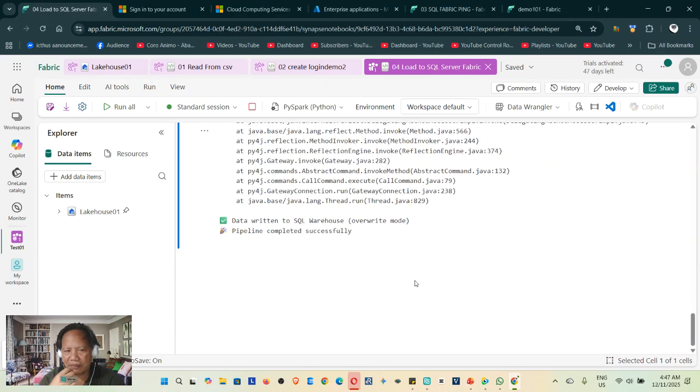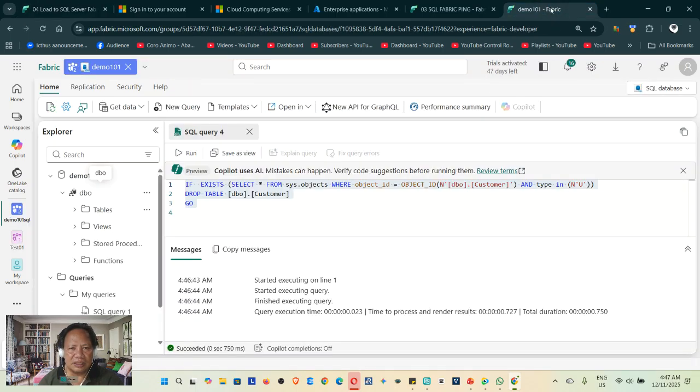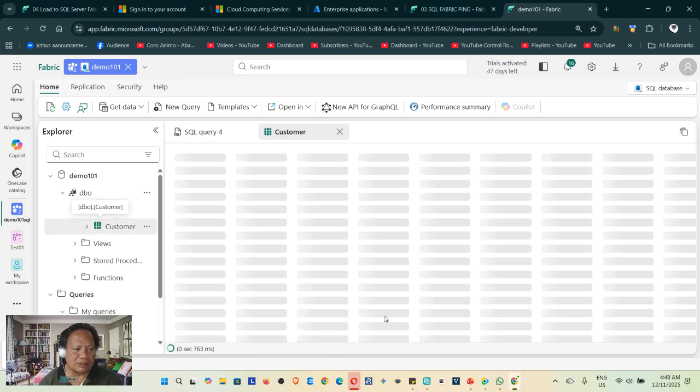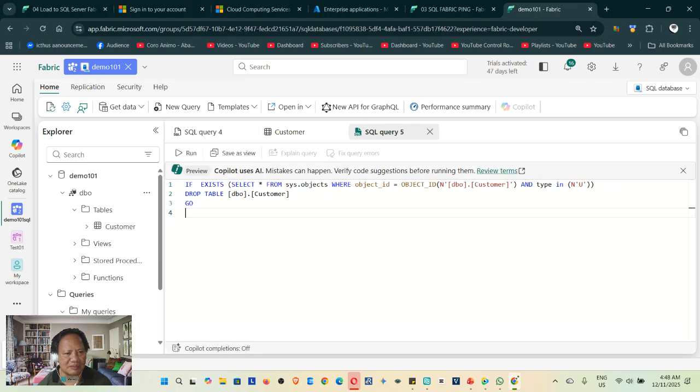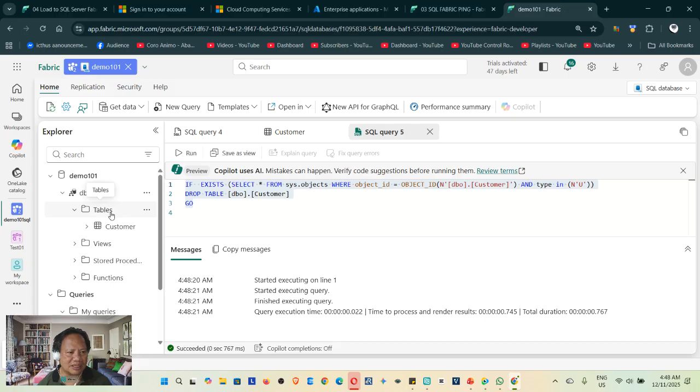Oh, it did run very quick the first time, but we removed the table from here, so we actually ran it the second time around, and the customer is loaded in here again. So I did actually run it twice, and it's just a very fast load, so I wasn't able to see it, right? But again, I'm not convinced. Script as drop, and let's do it again for the purpose of convincing ourselves, and then